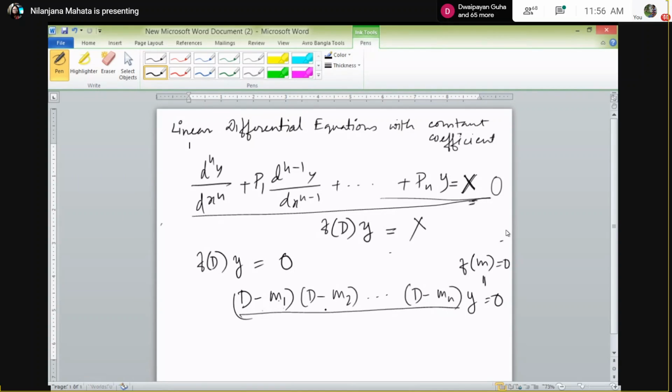So D minus m1, D minus m2, and we have already checked that in any order you may write this,